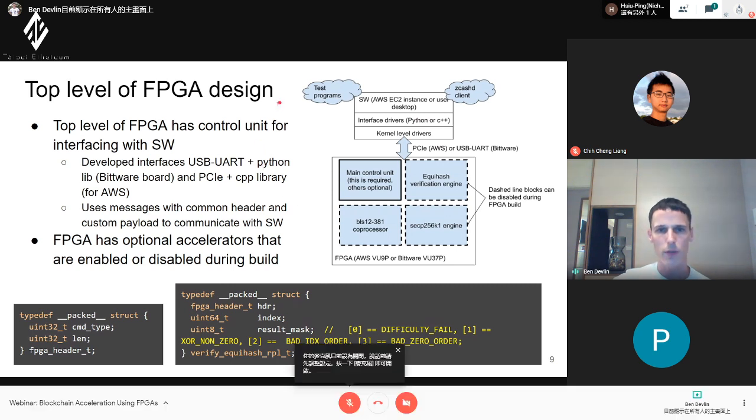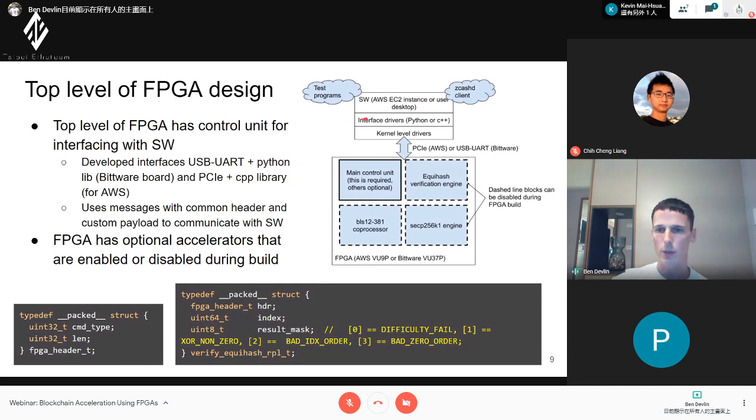And this is the top level of the design that we came up with in the end. In software, this can be a user running on their desktop with the Zcash D client, or us running some test programs on AWS.